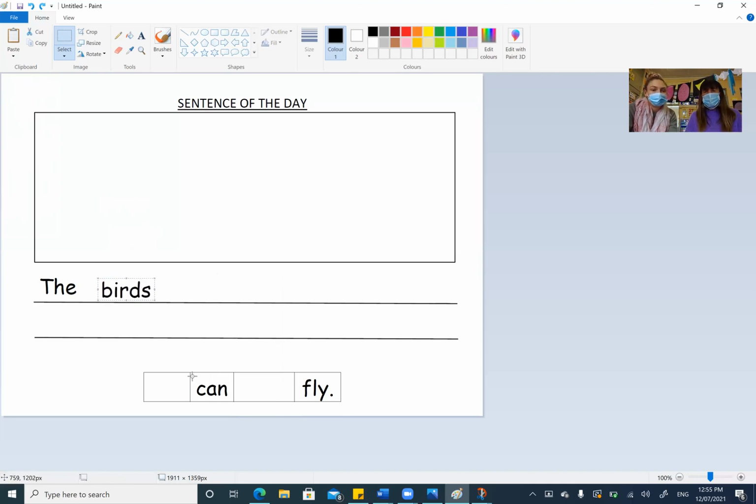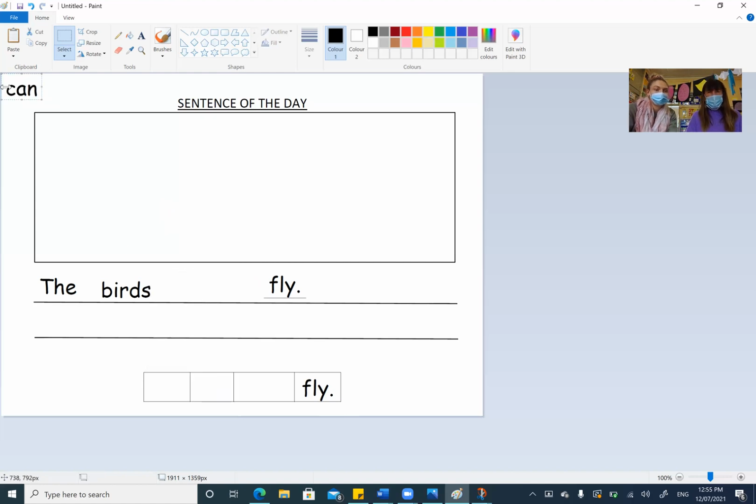The birds. The next word, the birds fly. Well, that does make sense, but we've got another word to put in before that one. And we know fly is the last word because it's got a full stop at the end. Yes, we can put fly at the end. Well done, Miss D. Brilliant. That one goes at the end. We know that because it's got a full stop. And look, Miss D's put finger spaces between her words. Excellent. And now the only word that's left is our tricky word, and we know it, can.